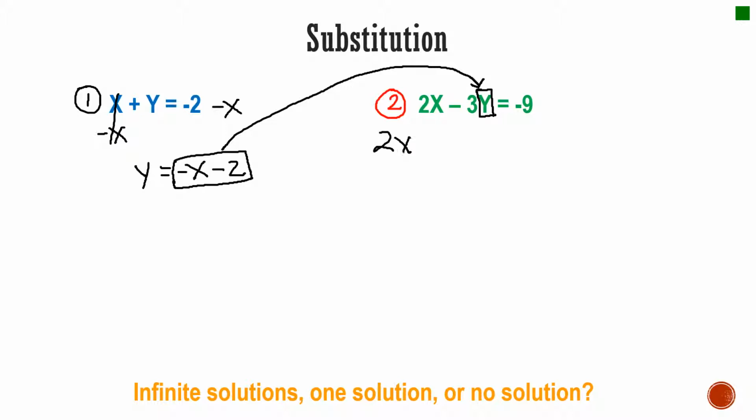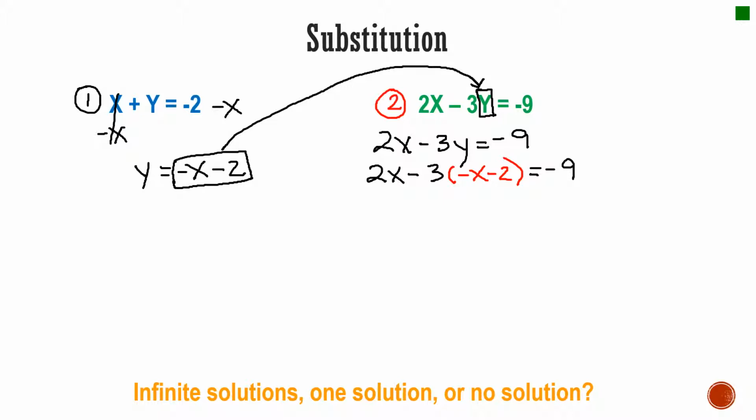So we have 2x minus 3y equals negative 9. And I'm going to have 2x. I'm going to go ahead and make my substitution now: negative x minus 2